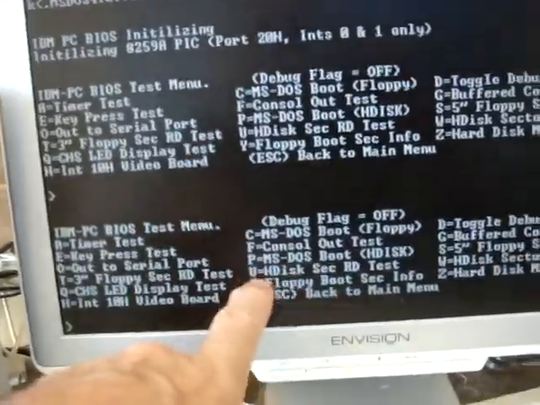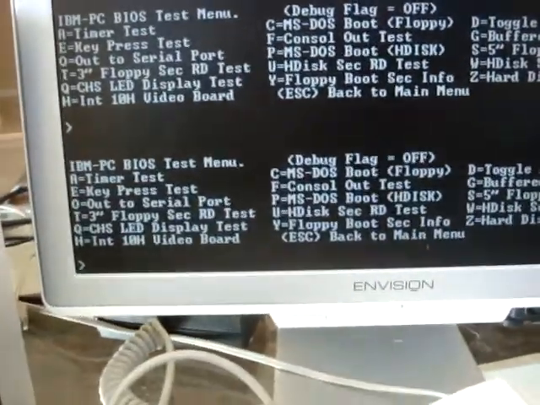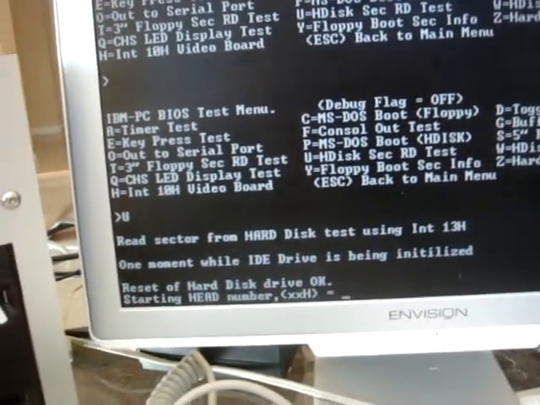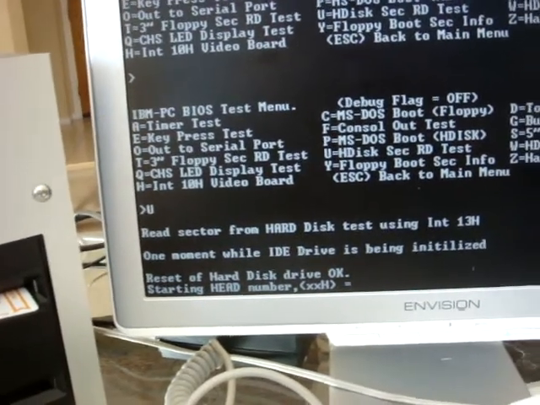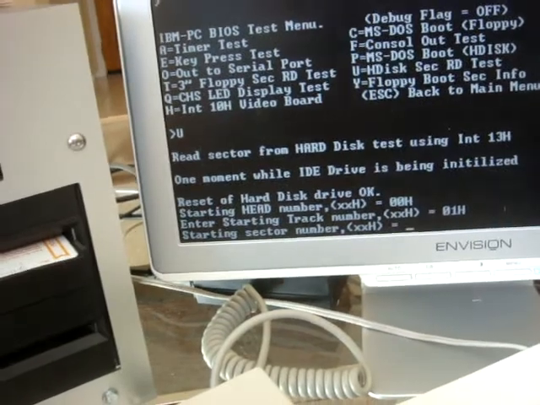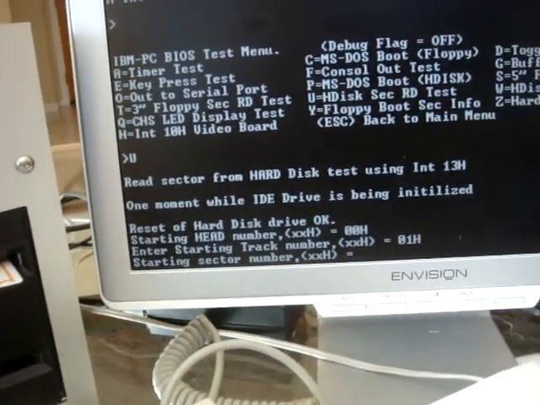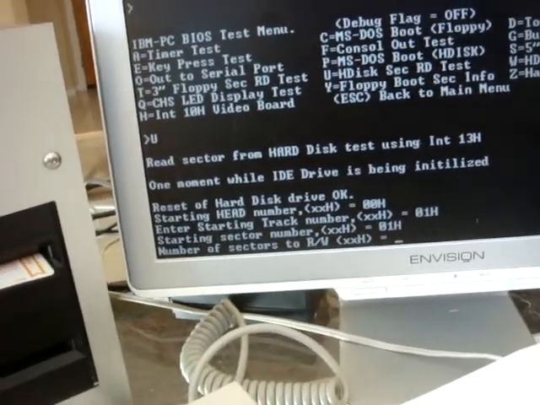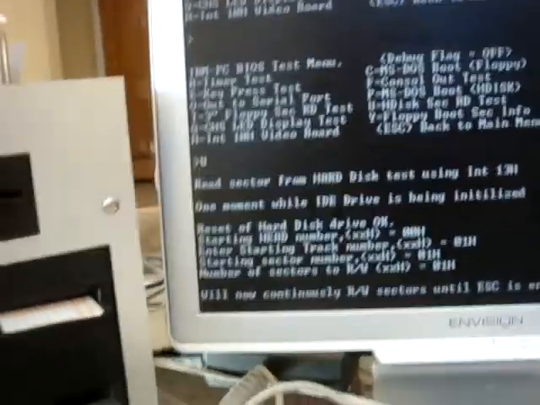You can do the same thing for the hard disk, the CF card, so it'll be the U command, and it takes a little bit of time to initialize the counts. So head 00 in this case. Let's start at sector 01 again. Sorry, that was track 01, sector 01. And say number of sectors is 1, and hit carriage return. It will actually read all the sectors, and this just tests that the interrupt 13